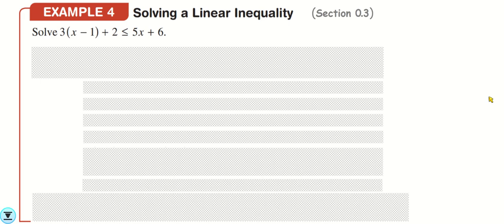Okay, so another topic that might be good to take a quick look at before we start chapter 1 of AP Pre-Calculus is solving inequalities. That should sound very familiar because you've done plenty of that in previous classes, like Algebra 1 and especially Algebra 2. So we'll do a quick review of that, but